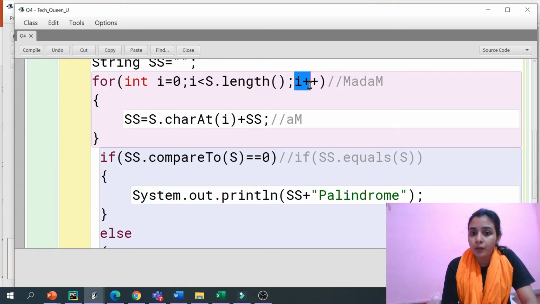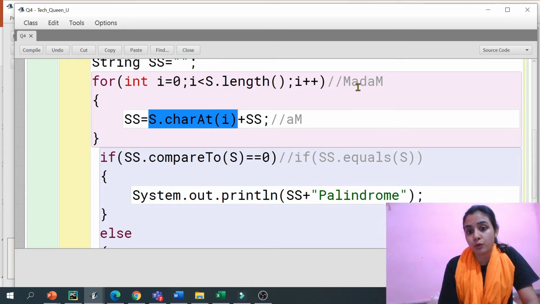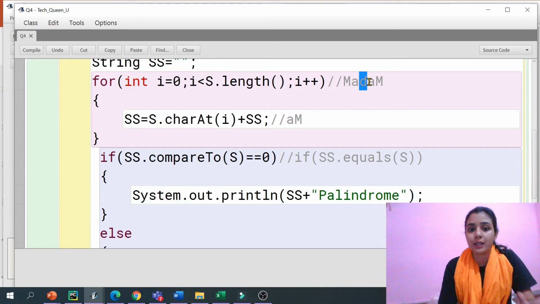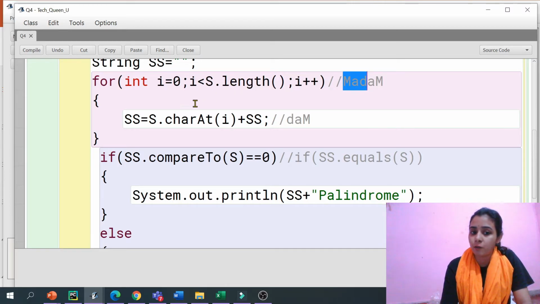Now i++. Is i less than length? Length is 5, and now i will be 2. So s.charAt of index 2: what is exactly there? There is D, and we add it. Next is i++, now i will be 3. 3 is less than 5, condition true.